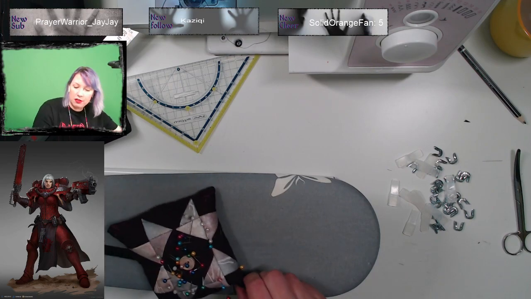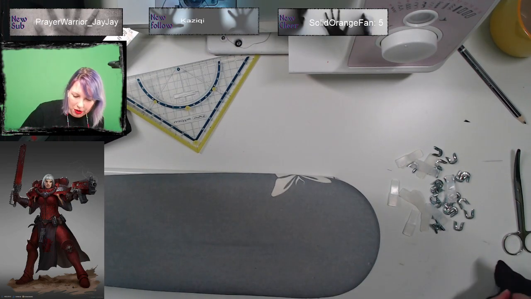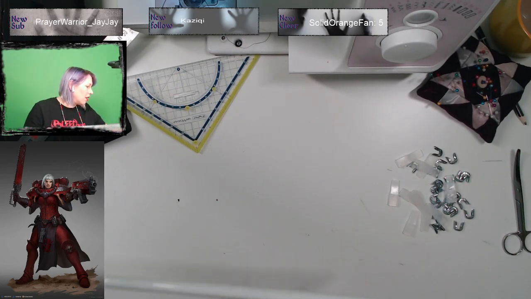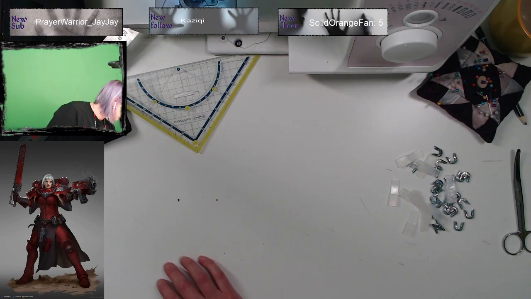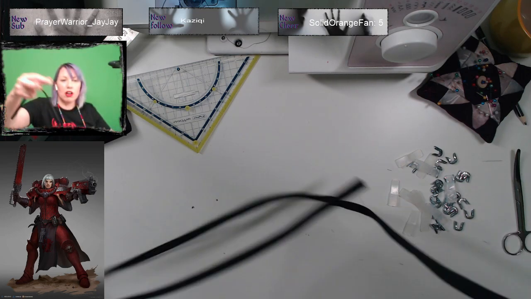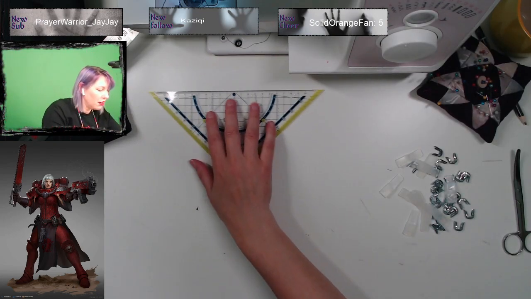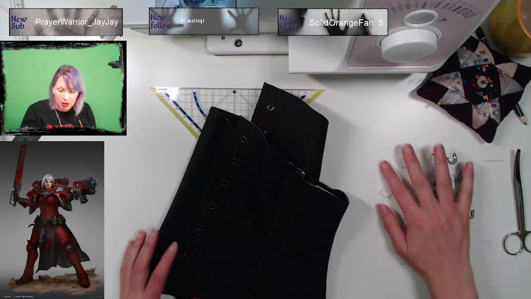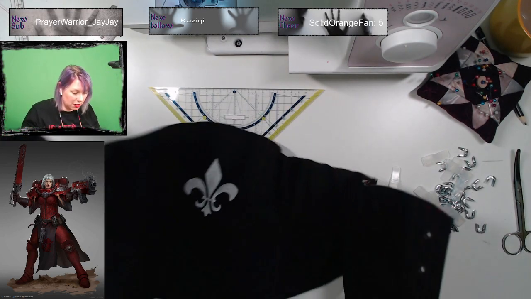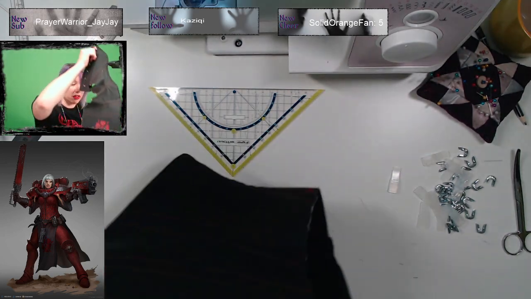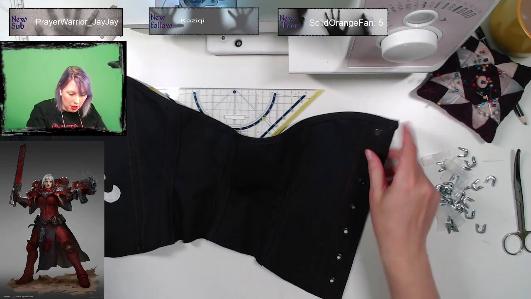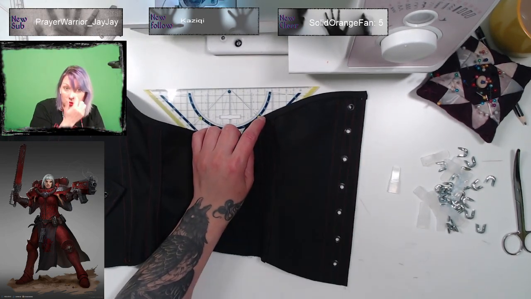Right, that's done. Ooh. Pin's going the wrong way. So now we've got a very long bit of bias binding that will go on the top. So here's the corset. We'll turn it around. So I'll start with the two on the edge.